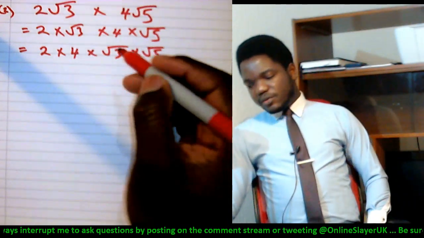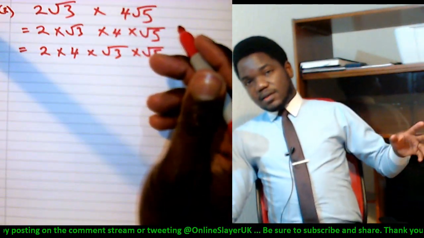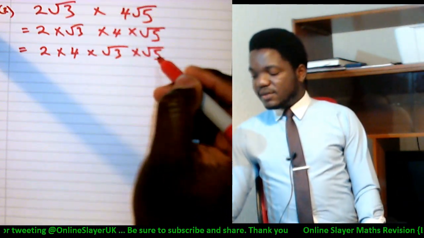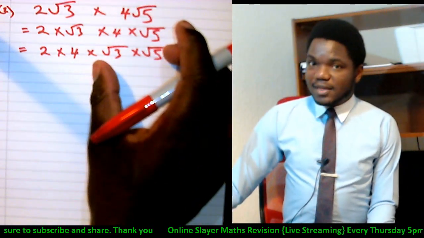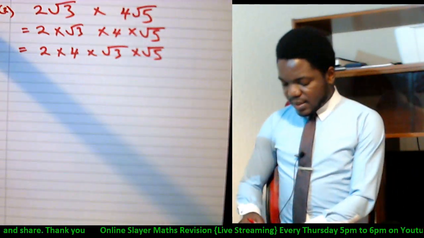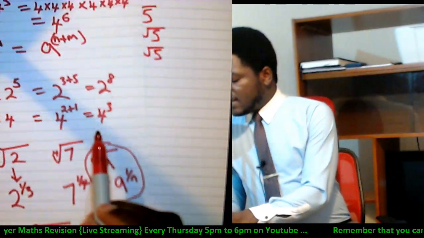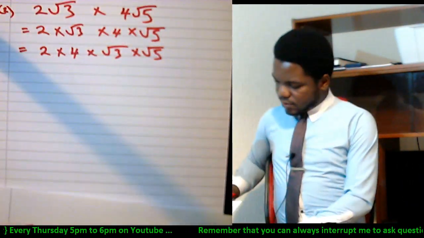When you have root 3 times root 5, or root a number times root another number, don't be afraid. All you need to do is multiply the two numbers together and retain the root on top of them. It reminds me again of this surd form problem where we said if you have not this one, sorry, not this one,